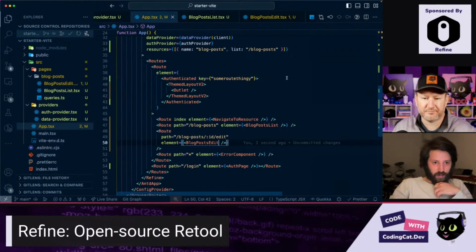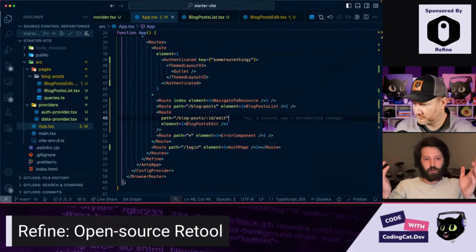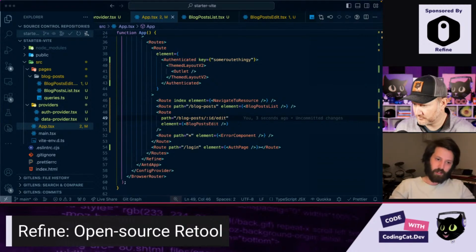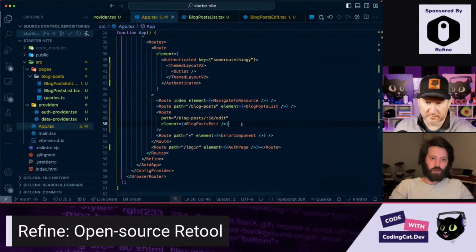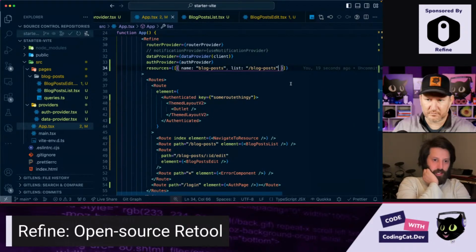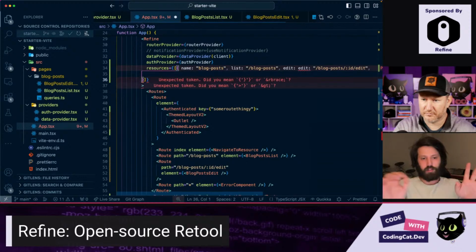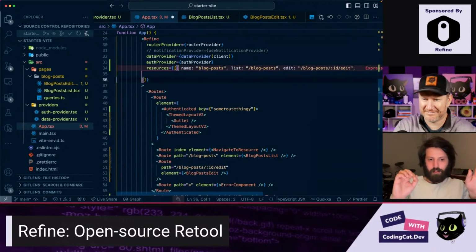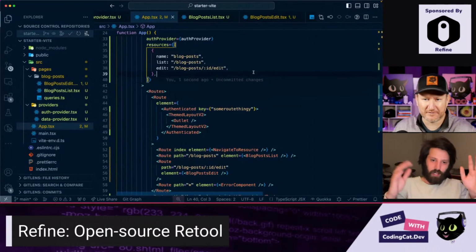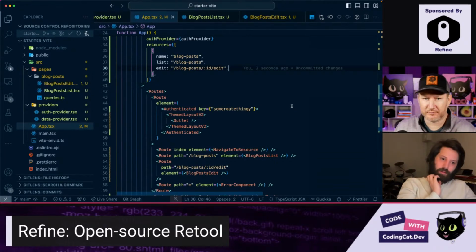Cool. And we need to also pass edit in the definition, so Refine knows where to find this edit route in the resource definition. If you go to the top of the page, list, and yes. To clarify, this is not a hard requirement, but I'm gonna show you why it's useful for us. So if you go back to app,